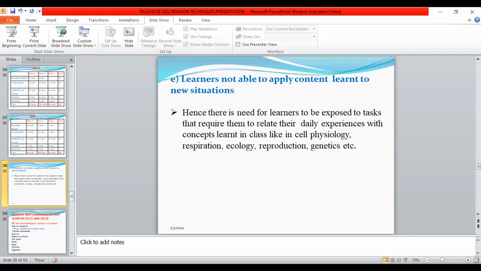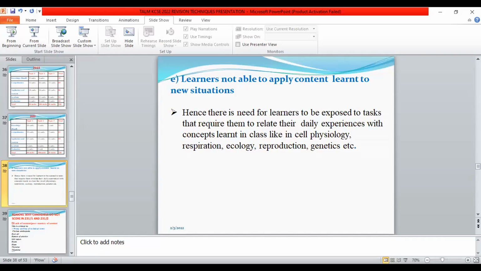They cannot relate those symptoms to the conditions themselves, simply because what we are doing in class, our learners cannot move out of class and see what they are seeing outside the class. I know there are some of the disorders that may be common in the people who are around where those students are. But of course, we are not going to point at those people, but it is good that we take time and let our learners know what is happening outside the classroom.